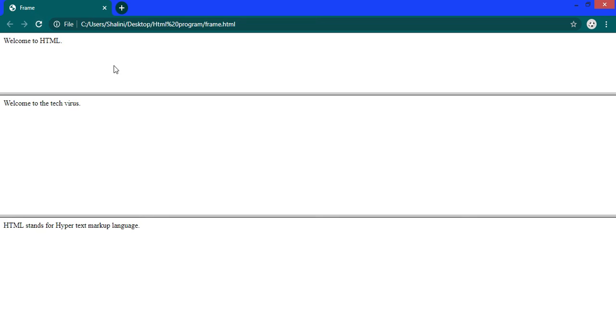Now refresh it. See here we have 3 frames and the size of this frame is 20%, the size of this frame is 40% and the size of this frame is 40%. Here we have p1.html, this is p2.html, this is p3.html. Each frame loads a different web page.